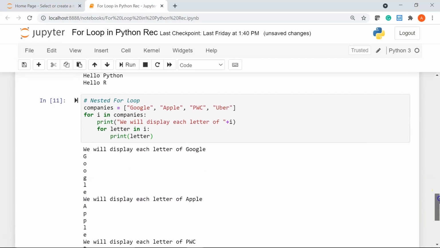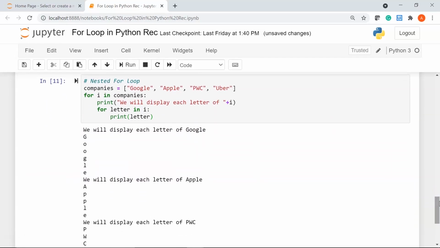There you go. So here we have used two for loops, so that becomes a nested for loop. We have my outer for loop and then we have our inner for loop. So in the outer for loop we are just printing the name of the company. So here we say we will display each letter of plus i, which stands for my company name Google.